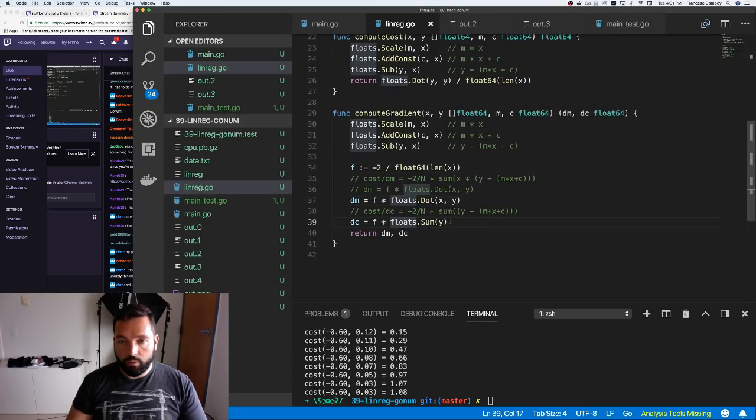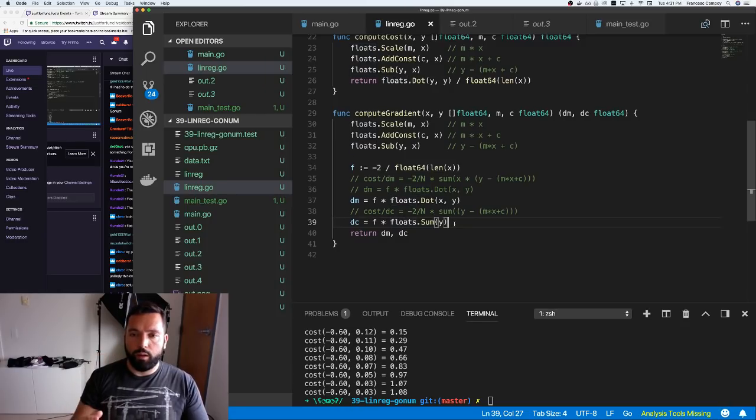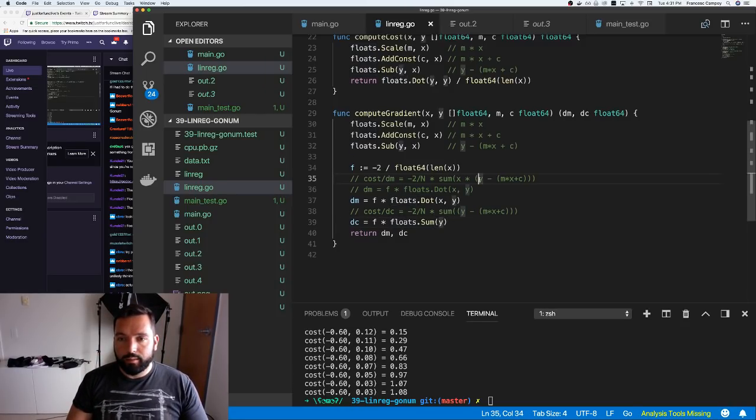Gm float sum. That's the part that I don't like about the fact that it reuses the receivers, is that you have side effects everywhere, so that makes it quite hard to reason about the code itself. Not a huge fan of that, but that's how things are. X times